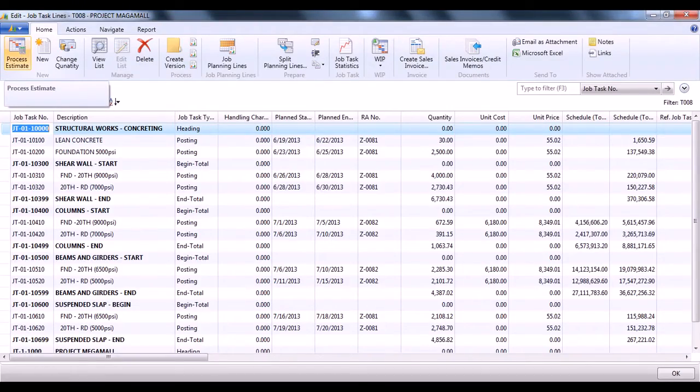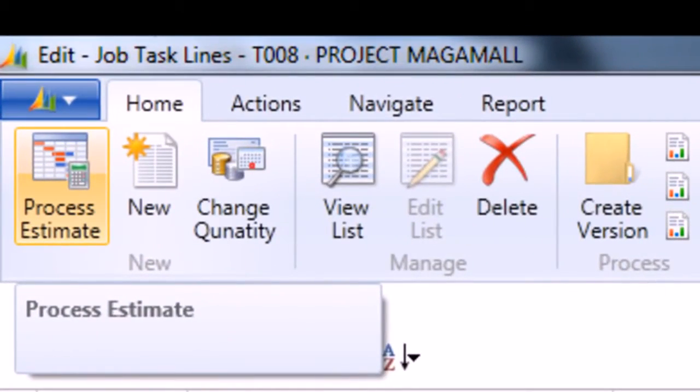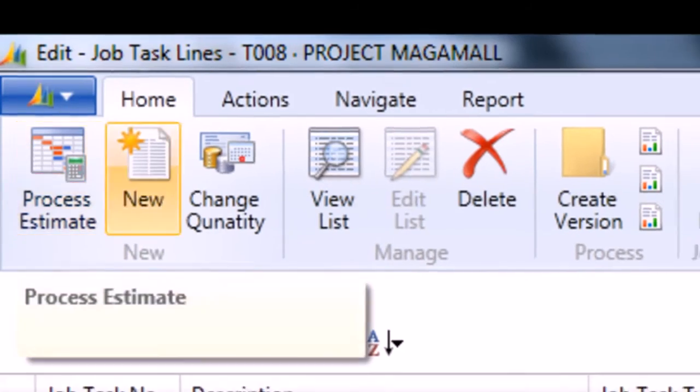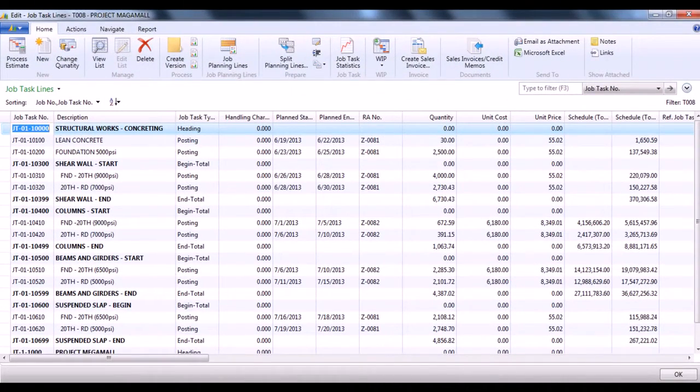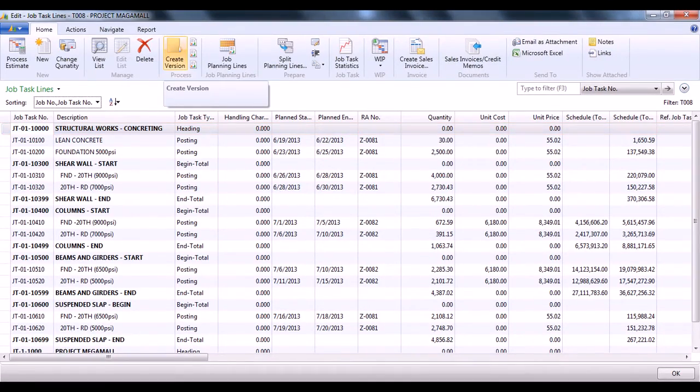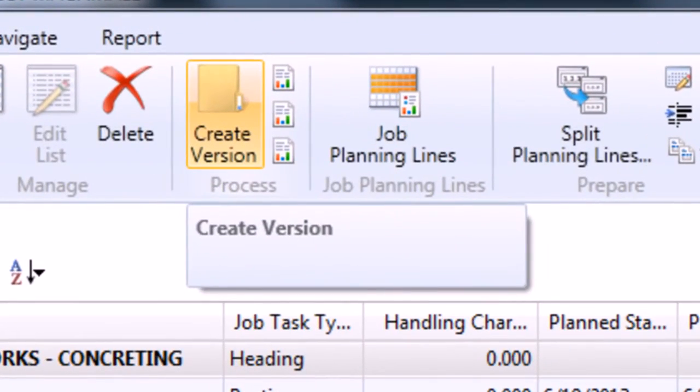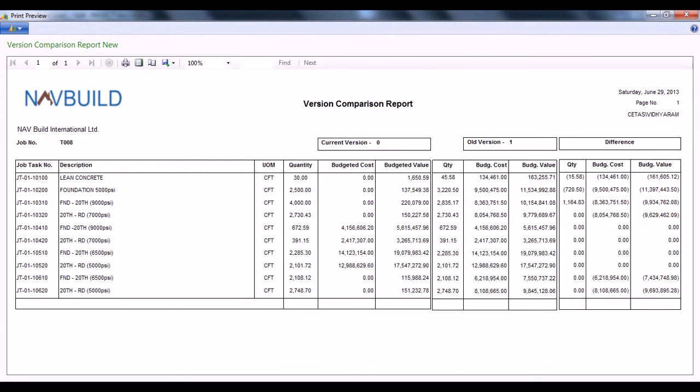Because of the rate analysis card mechanism, when we click process estimates, the system automatically alters all BOQ lines based on the changes made. For our convenience, it is possible to create versions in the BOQ. The system also has a version comparison report wherein the difference will be highlighted.